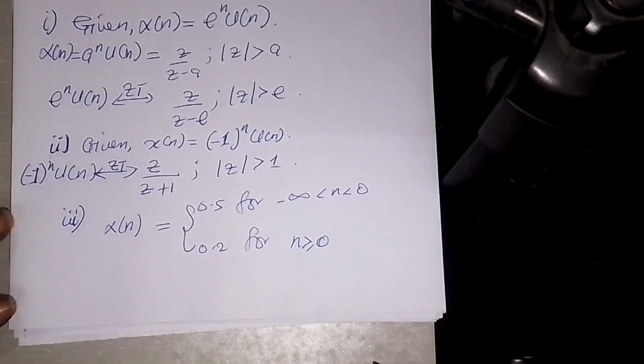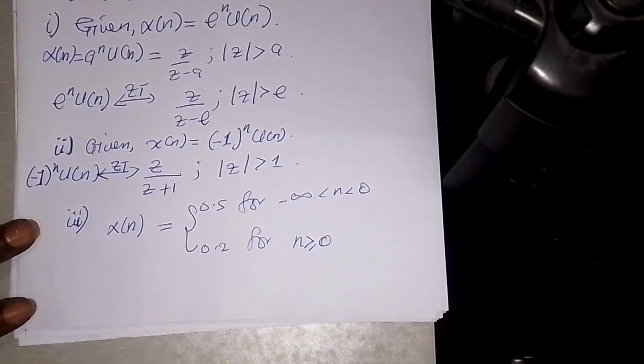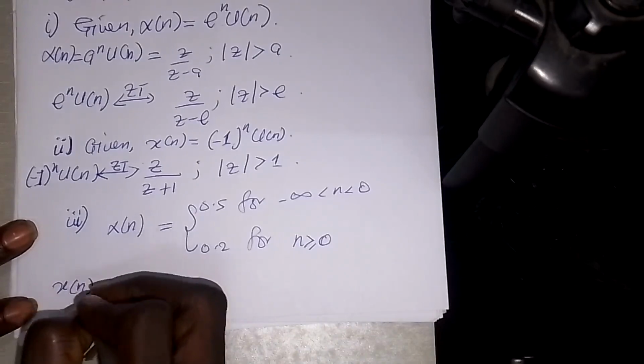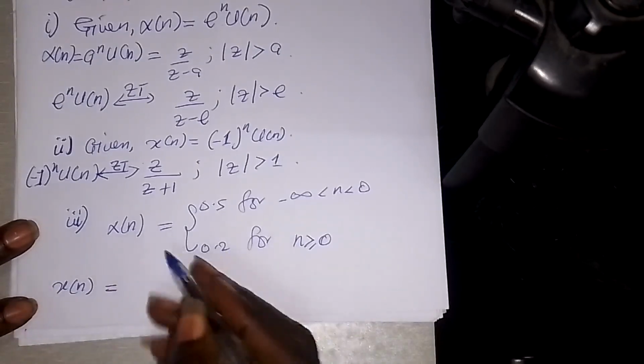So this is the sequence that we are actually given. Now with respect to this sequence, we can say that our x of n is actually equal to